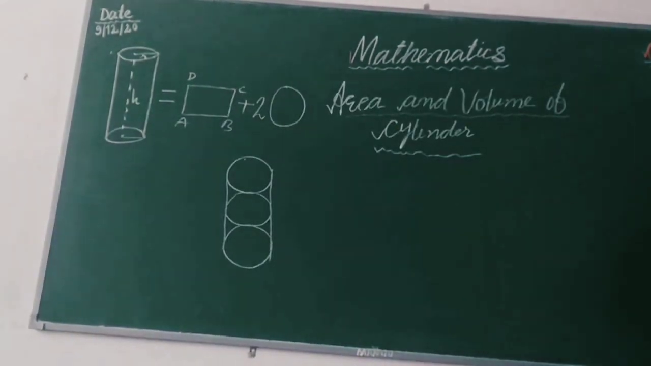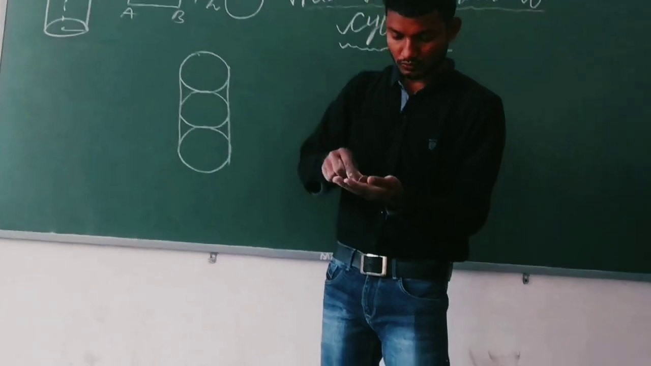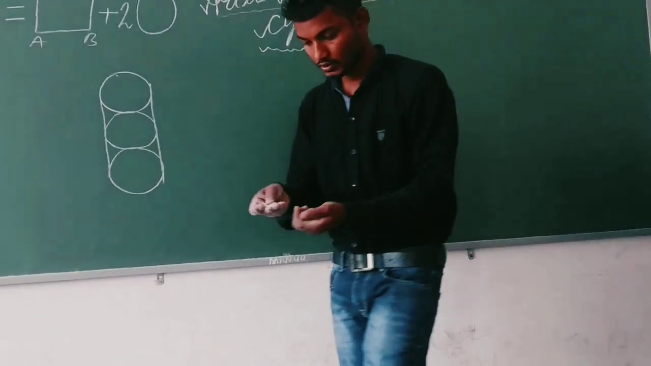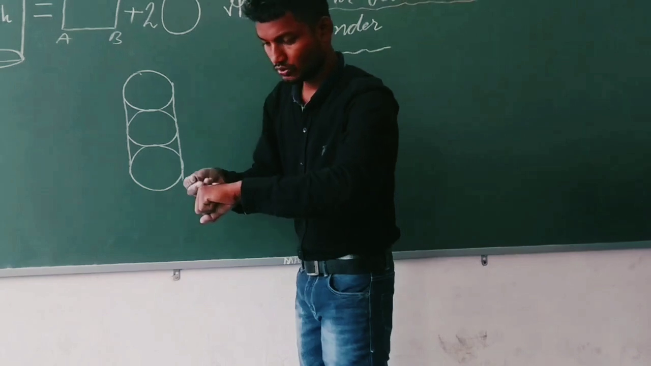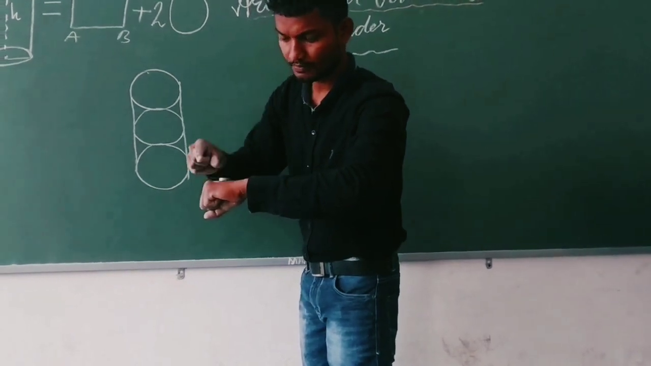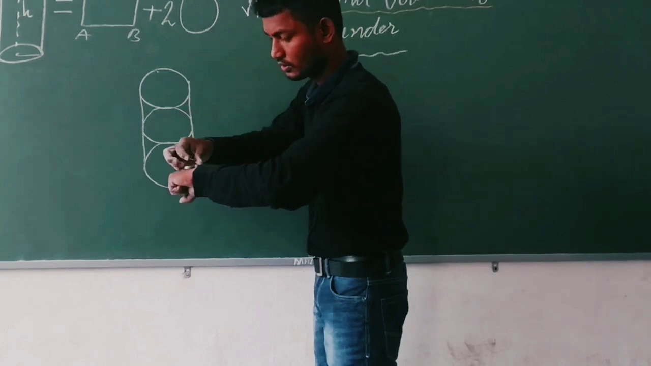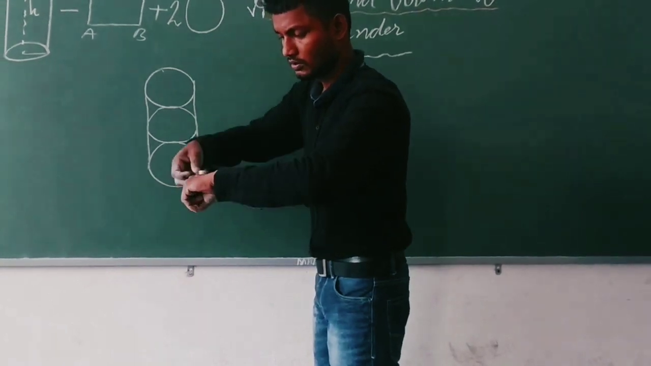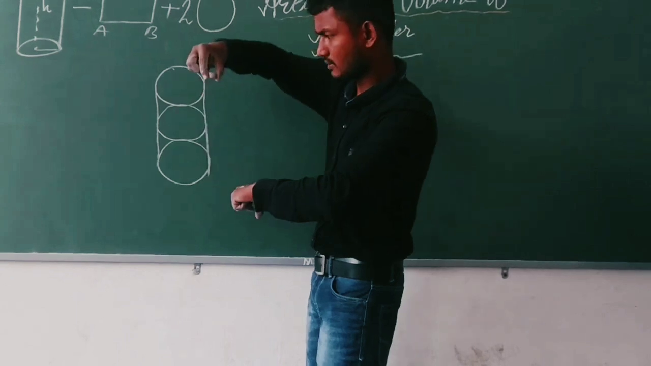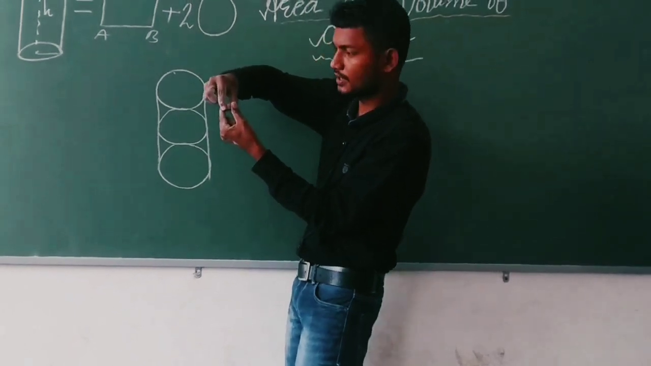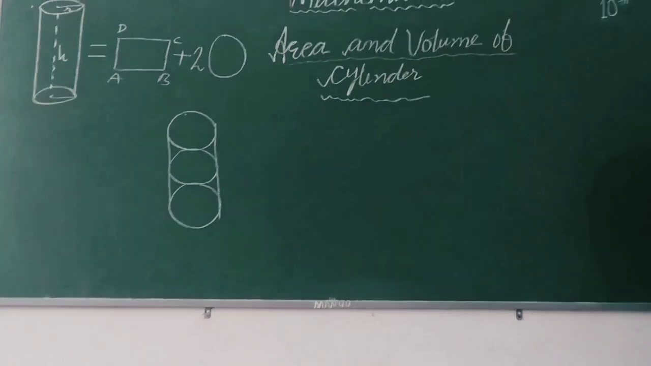For example, we have a coin. One coin, one circle. Two coins, three coins, and so on. These form a cylinder. For the volume of a cylinder, we have to find